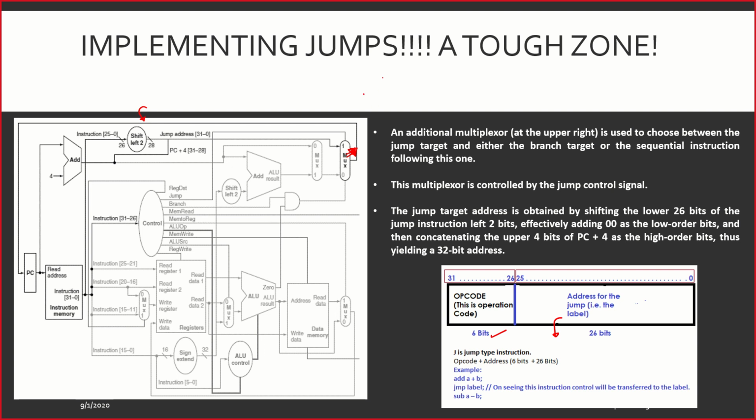I mean to say, when the input comes now, it can be for jump, it can be for regular PC flow, it can be for branch. So now I will have a multiplexer which will help me in choosing, do I have to go here or here or here. This is what I am trying to convey through the inclusion of the new multiplexer. The new multiplexer will enable you to choose between the jump target or sequential flow or the branch target. Just remember it. Rest all remain the same.